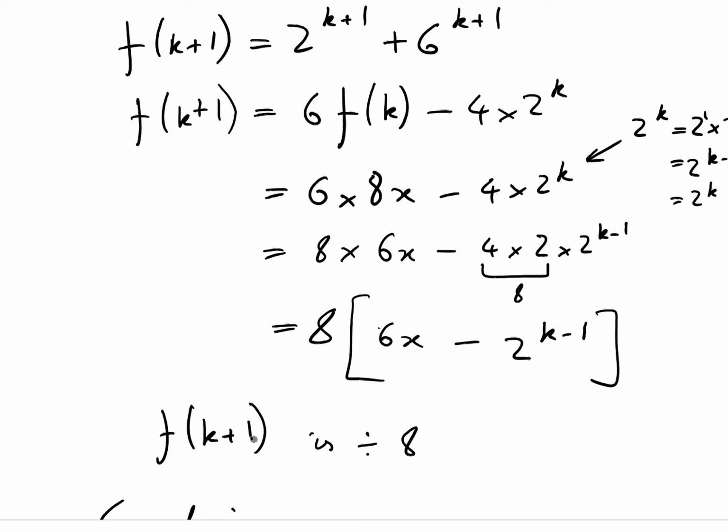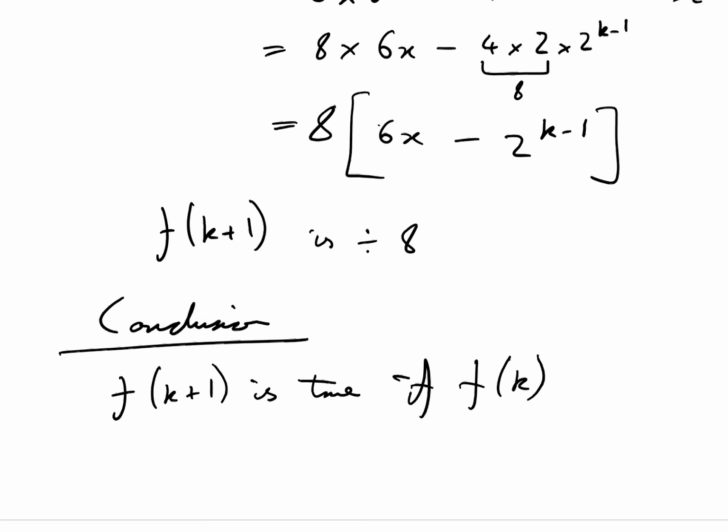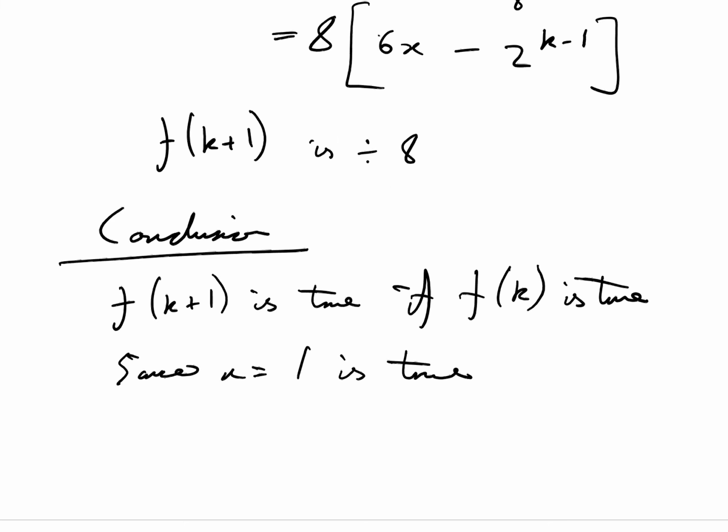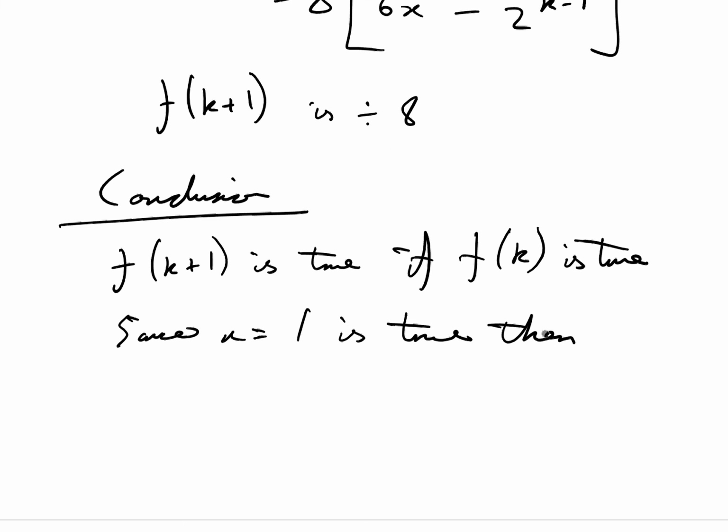Okay, so f of k plus 1 is true if f of k is true. Since we've shown that n equals 1 is true, is divisible by 8, then we have shown it's true. We've shown our first domino is true, and we've shown the next dominoes depend on that first domino being true. So therefore we've shown by induction,